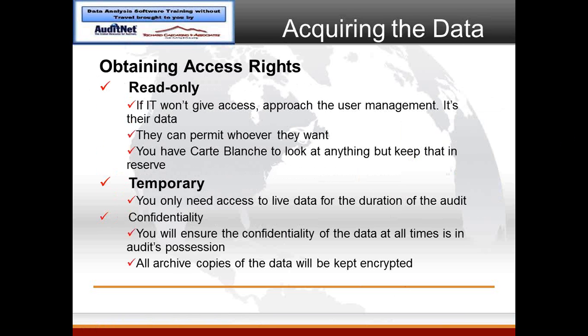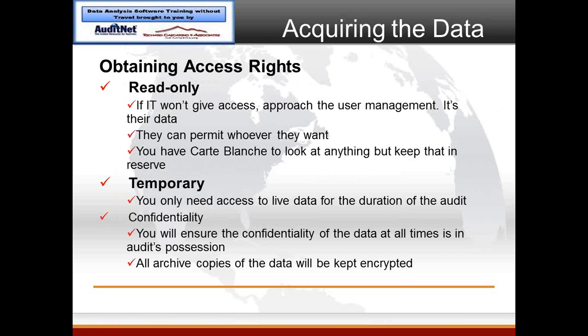At the end of the day, IT are the custodians of the data on behalf of user management. IT does not have the authority to let you in. User management does. It's their data. They can permit whoever they want. Now, if they say no and IT says no, you are the auditor. Your audit charter typically says, go anywhere, look at anything. You have the right to look at anything, but you keep that one in reserve.